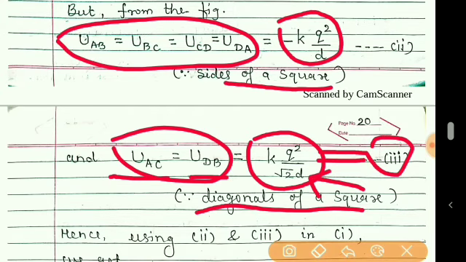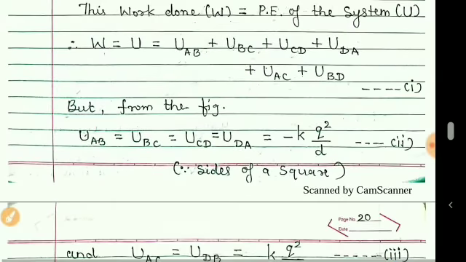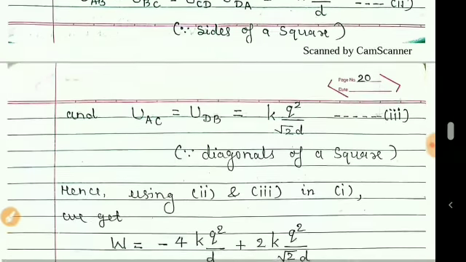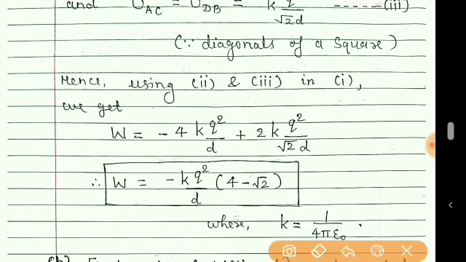So from equation number 2 and equation number 3, we will put the values in equation number 1, and then finally we will get the resultant or total potential energy, which is equal to the total work done. So now look here, after putting the values from 2 and 3, we will get 4 into this,